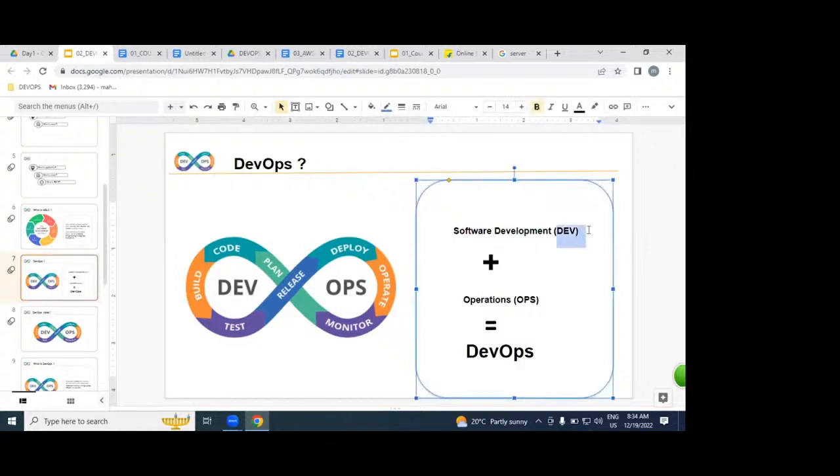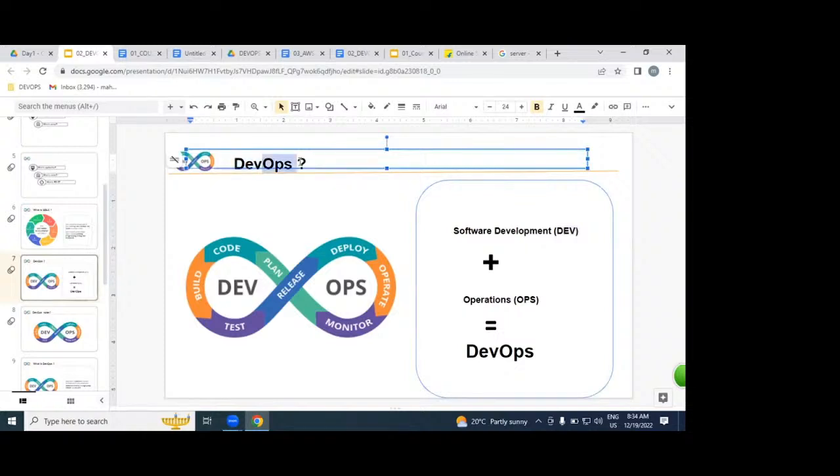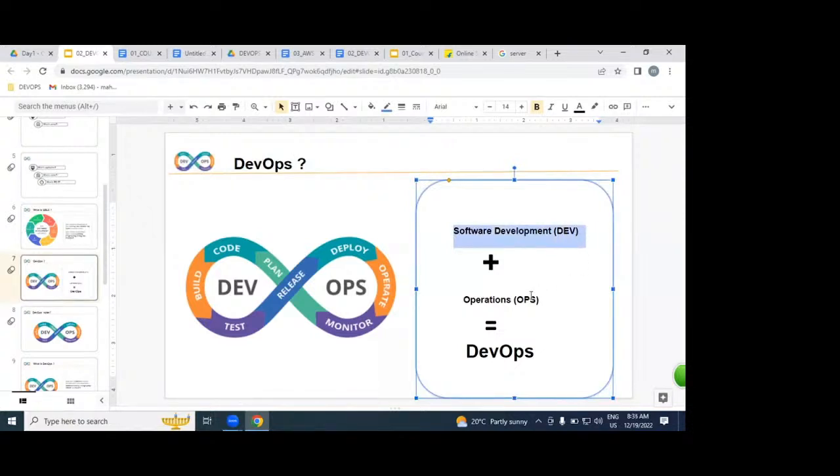DEV is nothing but development. OPS is nothing but operations. The combination of software development plus operations we call DevOps.